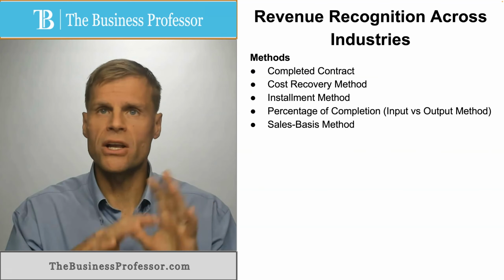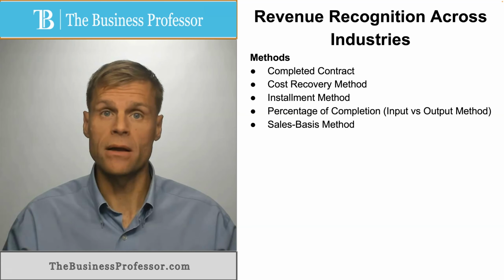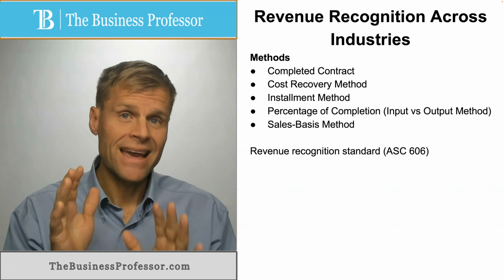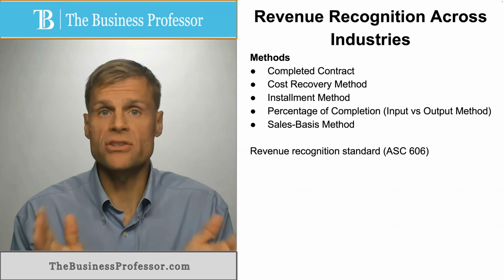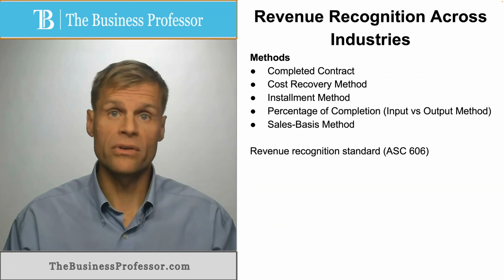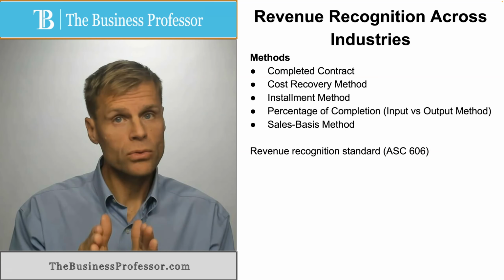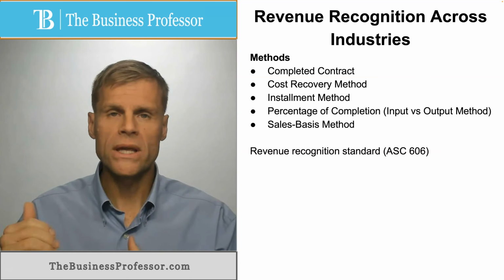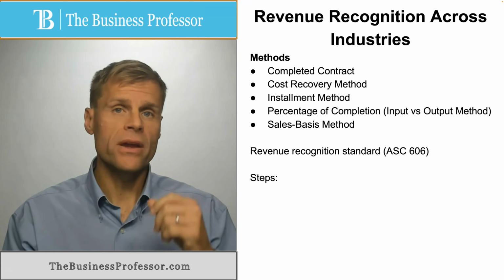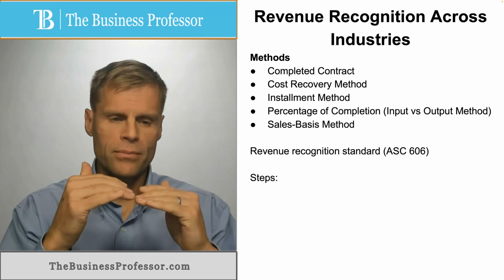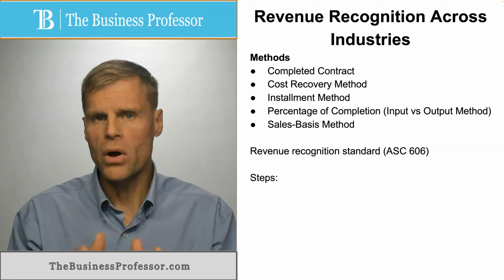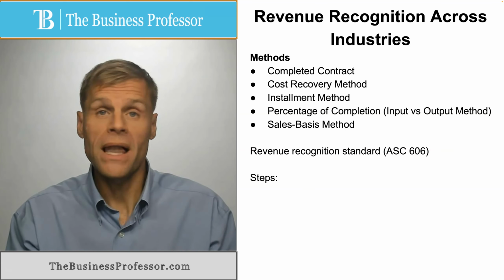Now, the rules that govern any of these methods that are being employed fall under Revenue Recognition Standard ASC 606. Now, this is not just a single standard. It is a broad standard with lots of sub-provisions that provide all of the rules related to how and when you recognize revenue for accounting and reporting purposes. Now, there are several steps that provide general guidance to companies. So any method that's employed must meet or comply with these